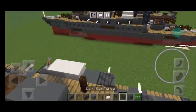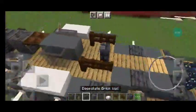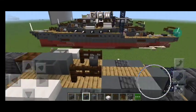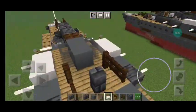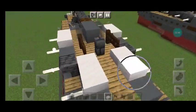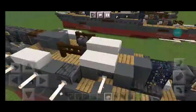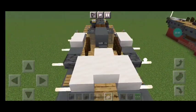Two dark oak fence posts behind the glass panels with dark oak fence gates. And off of that, you want a deep slate brick wall in between the walls, in between the fence gates, and then you want to place two quartz slabs on either side of the forecastle, and then in the center you want two top slabs, so